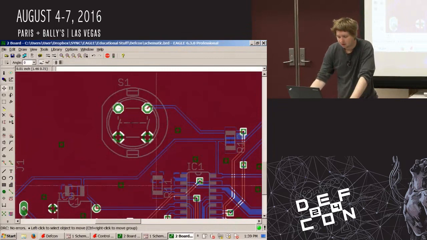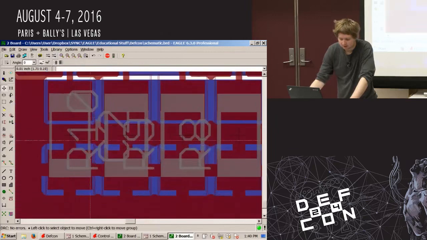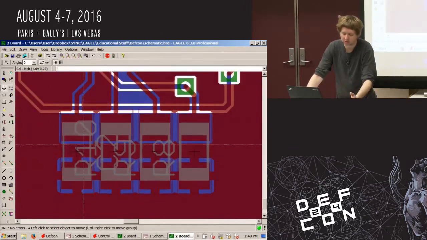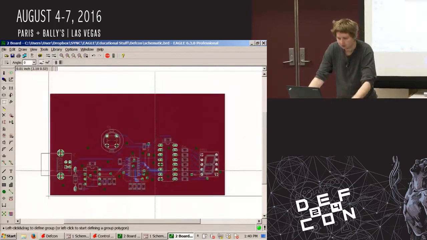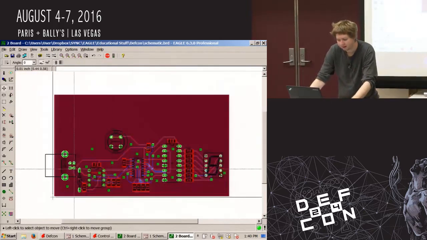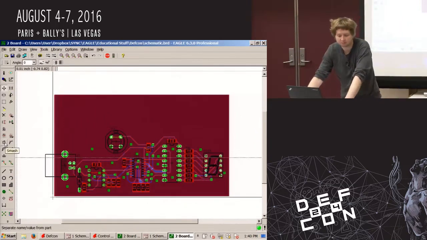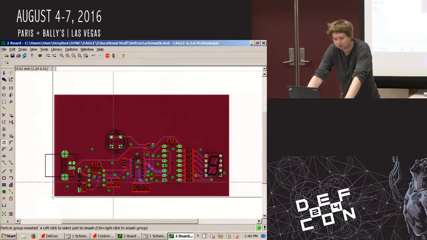Okay, so what do I do about making this thing easy to read when I actually go to assemble this? Because I have all these reference designators here, and when it actually goes to be assembled, they'll be taken away because they're on top of the pads. So what I can do, highlight everything, and then there's a command here called smash. I don't know why it's called that. I probably would have picked something better, but you can hold down Control, right click, and now